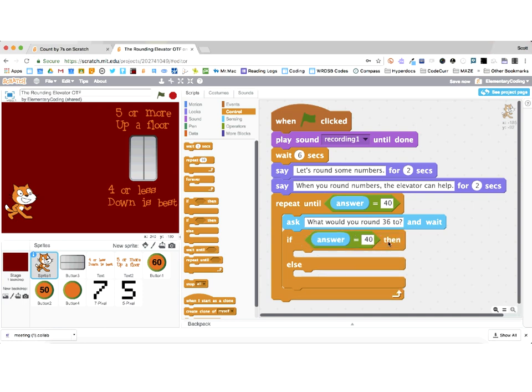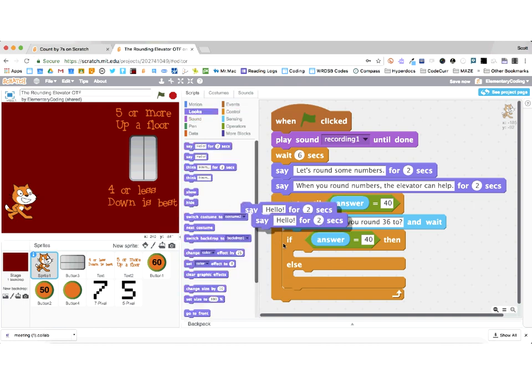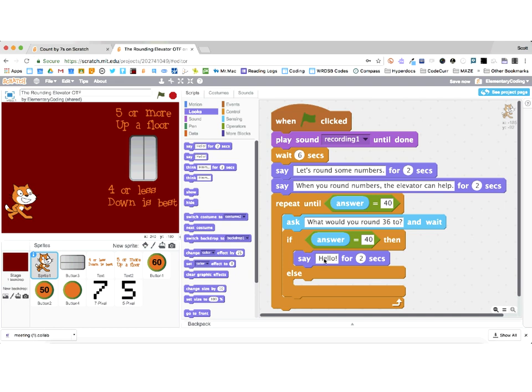If I right-click this, I can duplicate this block. If answer equals 40, then say, and say is actually under looks because it shows up visually on the screen, say correct, or awesome job, or that's right, however you want to say. I find 1 second is long enough. And the else is if that doesn't happen. So if this is true, then say correct. And if it's not true, then say,